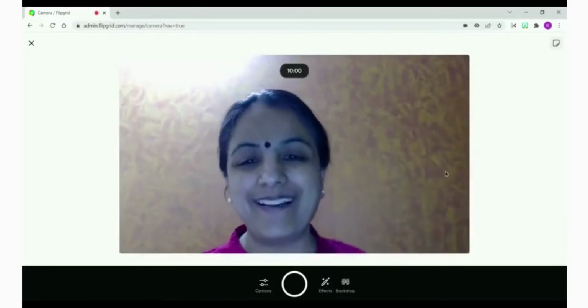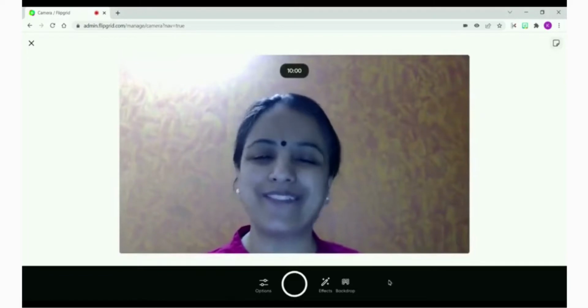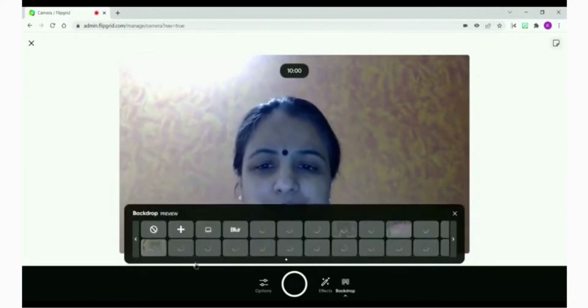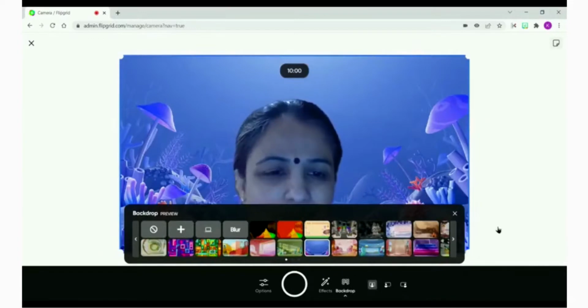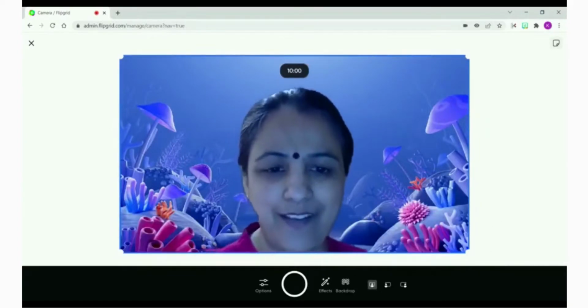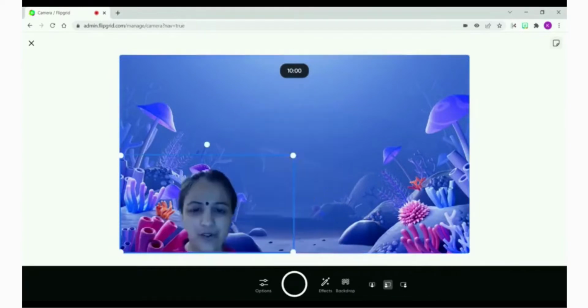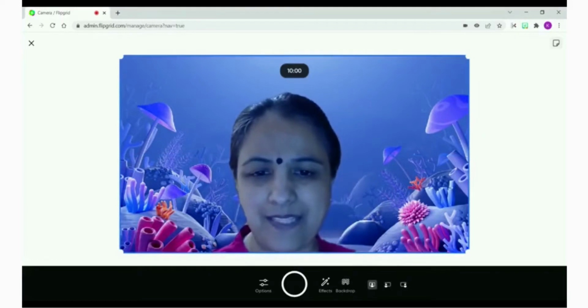Hi everybody, let's explore some of the brightest features which are there in the Flipgrid camera. Okay, so beginning with the first one, that is the backdrops. I do not like my background, so I'm going to blur it out. So in the backdrop, I go to blur, and this is one option. Else you can just replace it with one of the things which is there. You can move yourself to the left or the right, however you might choose. So for now I'm going to place myself over here itself.